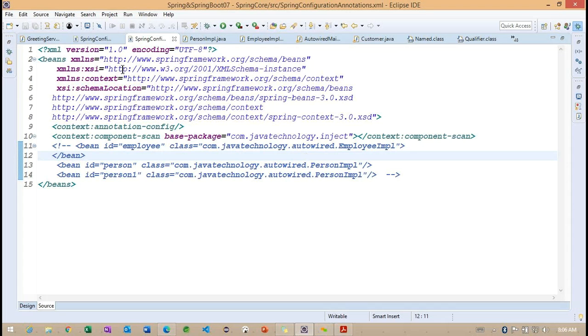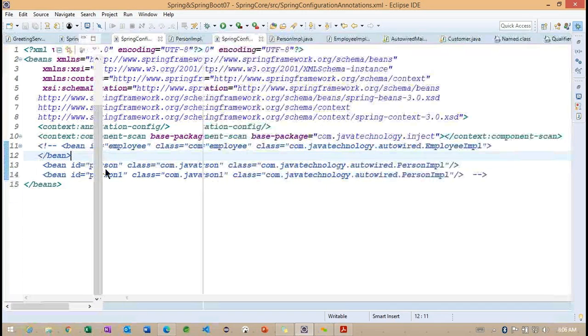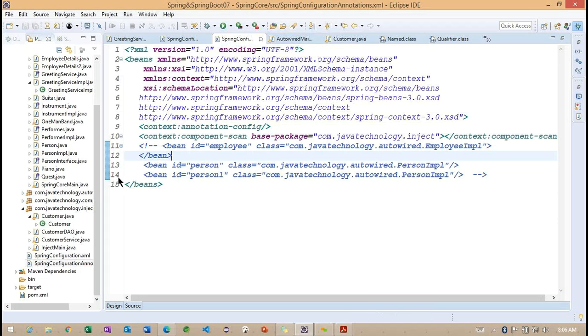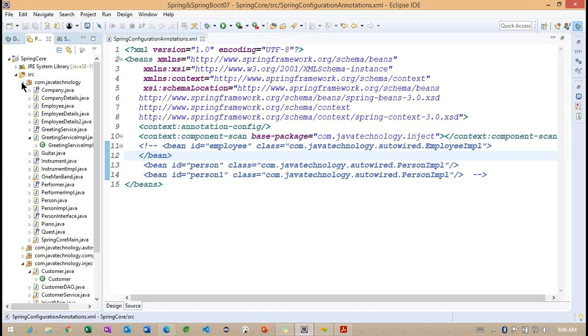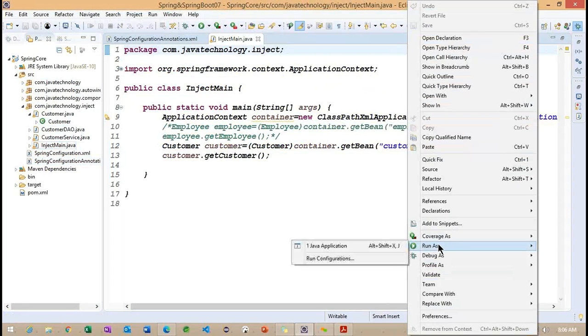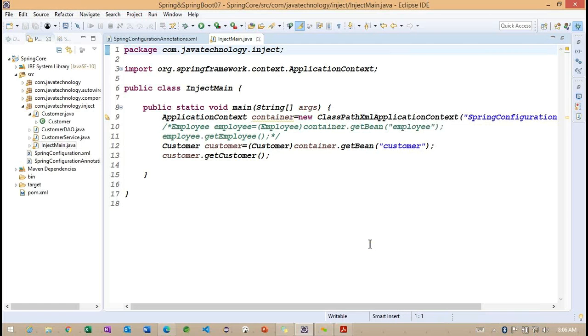So these two sections we need to work here. Okay, now we are in the inject here. Back to here, customer. Let me close all the other files here. We'll go for the inject here. So inject to main here. I'm trying to run the same example here.